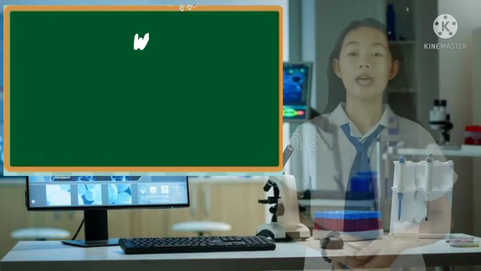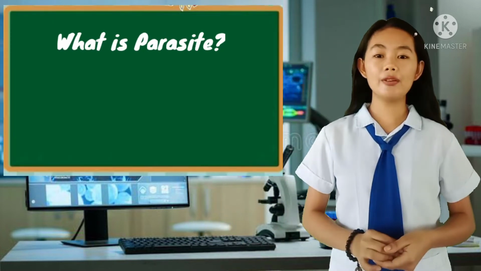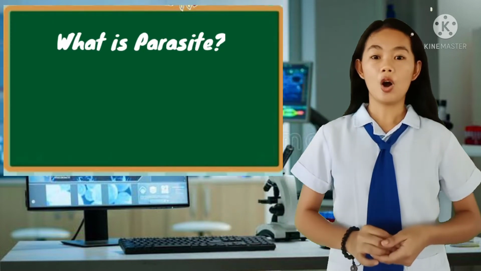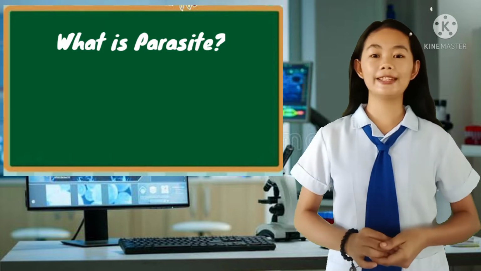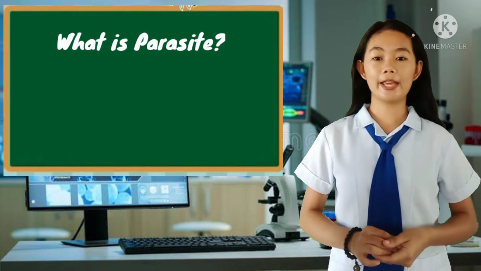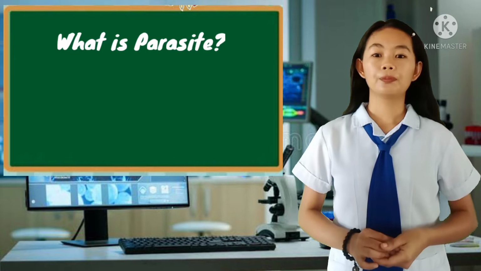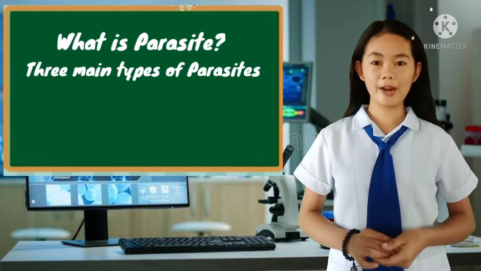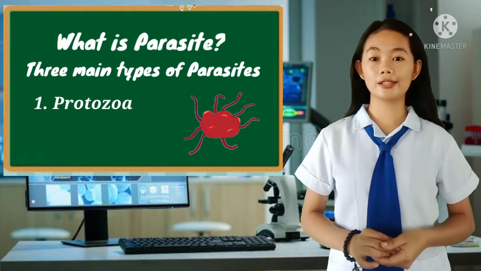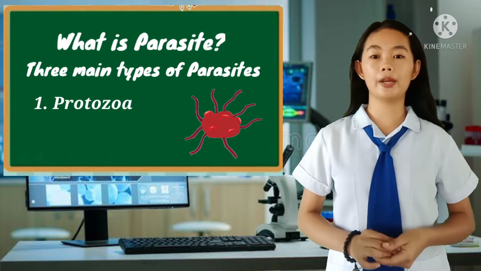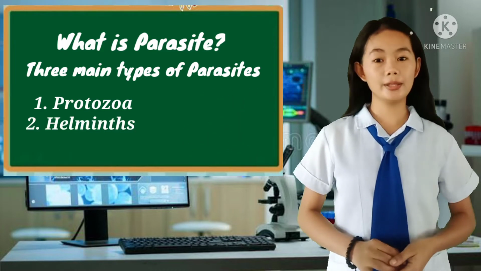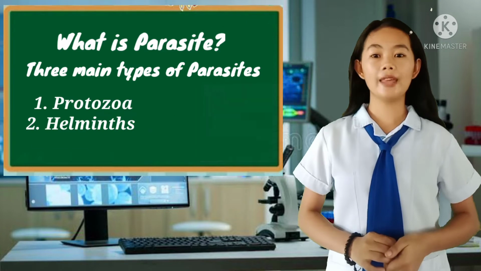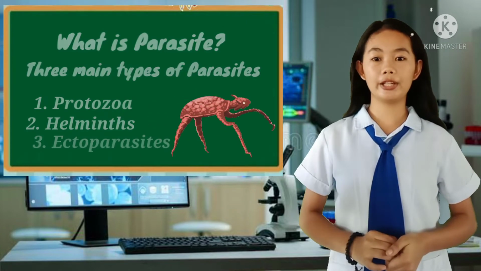Today we are going to have a short microbiology and parasitology lesson about parasites. Now, what is a parasite? A parasite is an organism that lives on or in a host organism and gets its food from or at the expense of its host. There are three main types of parasites. The protozoa, a single-celled organism that can only multiply or divide within the host. The helminths, these are worm parasites. And the ectoparasites, these live on rather than in their host.